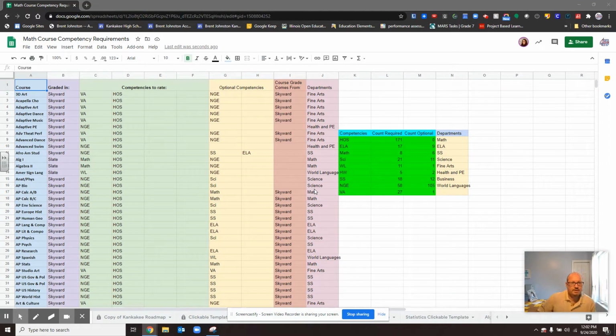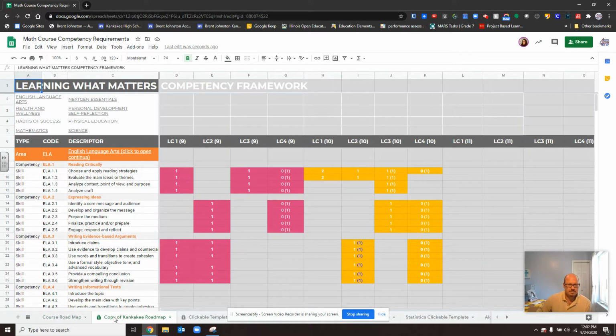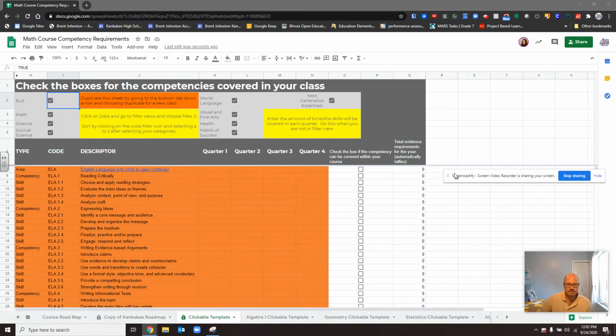Hey everyone, I'm going to try to show you how to use the course competency sheets for the departments. So first of all, you're going to notice that some of them have these little lock signs on them. They're just locked in the sense that it's going to warn you not to mess with those unless you're really supposed to be. You really don't want to change the template because you're going to just copy that to make